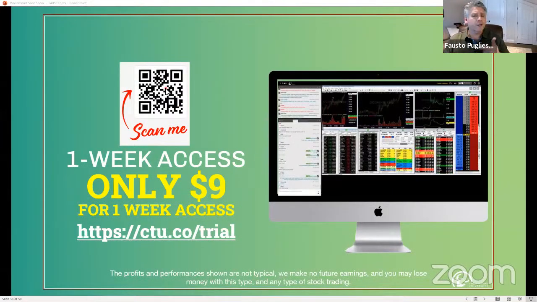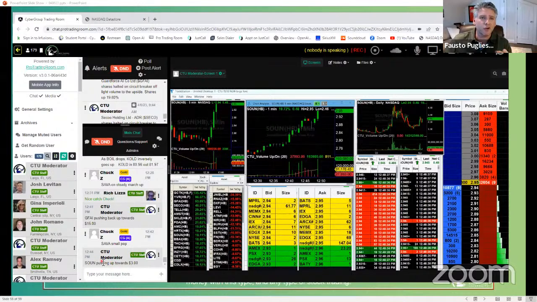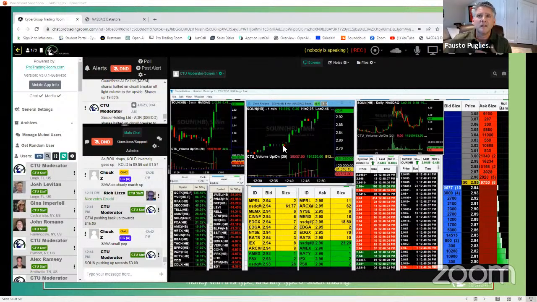Listen, level 3, level 4, follow the money. Know the iceberg orders. See what's moving. Look, they got one stock that's moving great right now. Look at this stock right here. Look what they're trading, pushing up towards $3. Look at my instructors telling you. SOUN. Look at this gorgeous stock. Since 12:40, the stock literally ran.